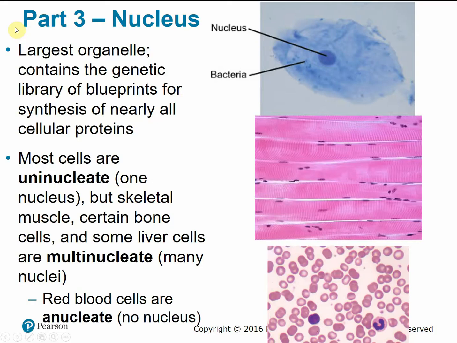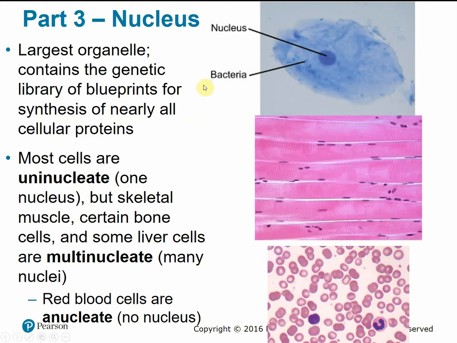The nucleus is the largest organelle in the cell. This one is usually easily seen under the microscope. This is a slide of a cheek cell. Just a simple squamous single cell, but the nucleus is clearly defined in the central core of that cell. The nucleus contains the genetic blueprint of all life. Basically all of the instructions and the recipe of how to make one of you is in your DNA